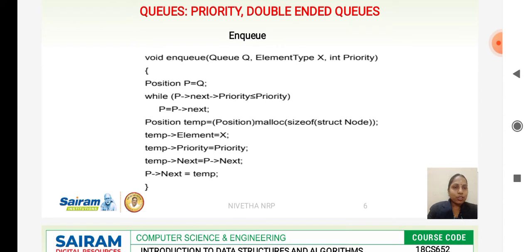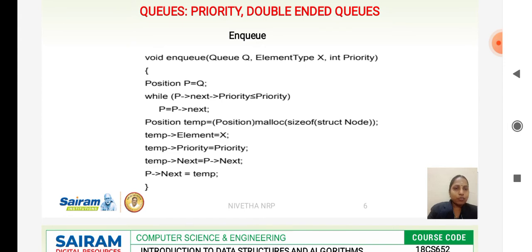Next we create a position using a temp, and we allocate memory for that using the malloc function. Malloc size of stack node. Now the element to be inserted, we store temporarily in the temp. What is the element we are going to insert? x is the element we are going to insert.